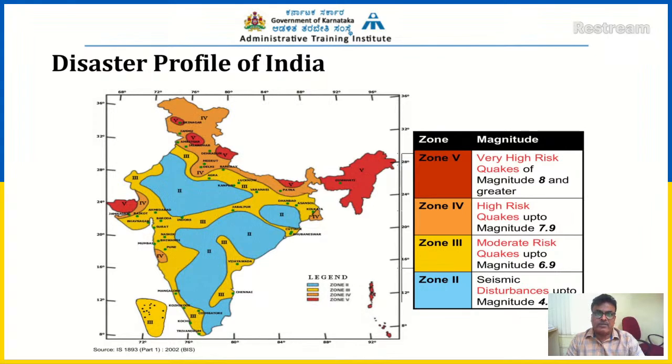And Nepal is also very, very vulnerable, as you see here at the border. Nepal, a neighboring country, is also under zone 5, much of the area. So what is zone 4 now? Zone 4 is up to 7.9, as I just said. It is the color you can see here, almost all the northern Indian belt, part of some of this area, except that all that area is under zone 3. So you can see here, most of it is in the northern part, northern India.